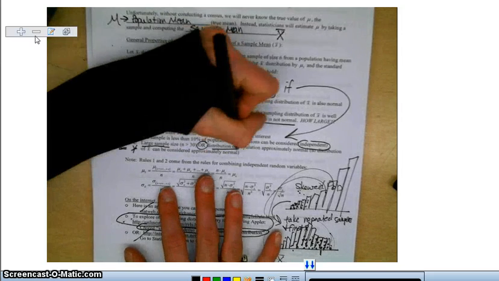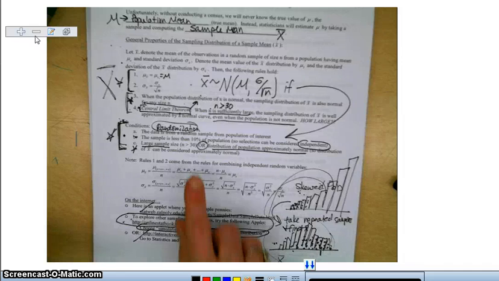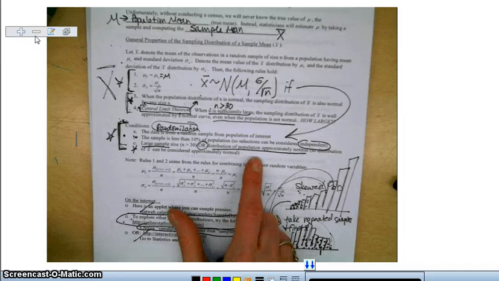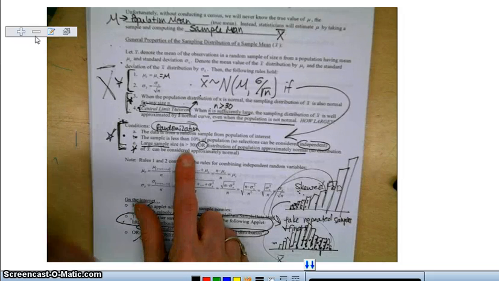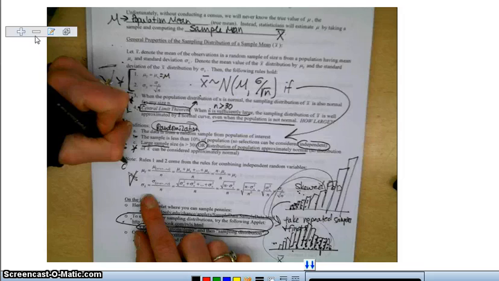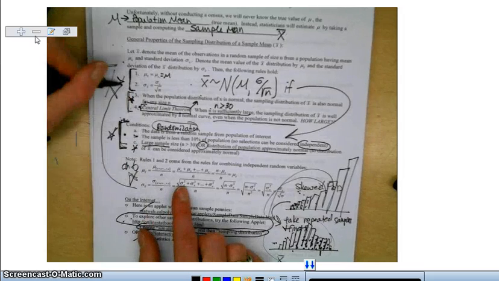Or the distribution is from a normal population already. So the or is really important here. If your sample size is less than 30, it's okay as long as it's from a normal population. All right, and this stuff down here, this is just using rules from chapter 6 showing you where these formulas come from. And we already talked about these on the bottom. So now we'll move